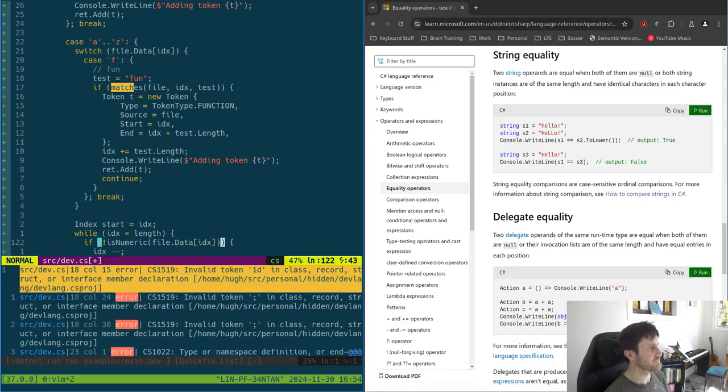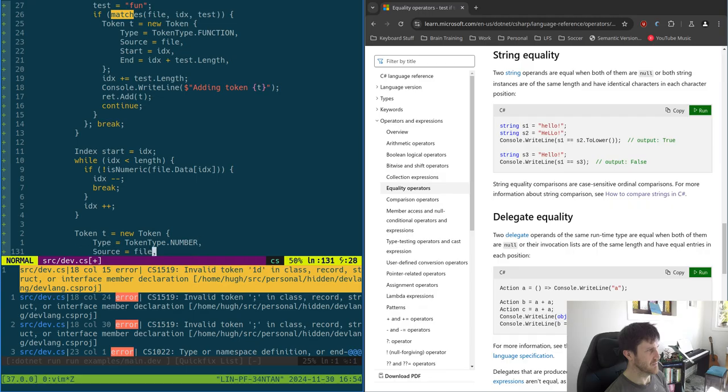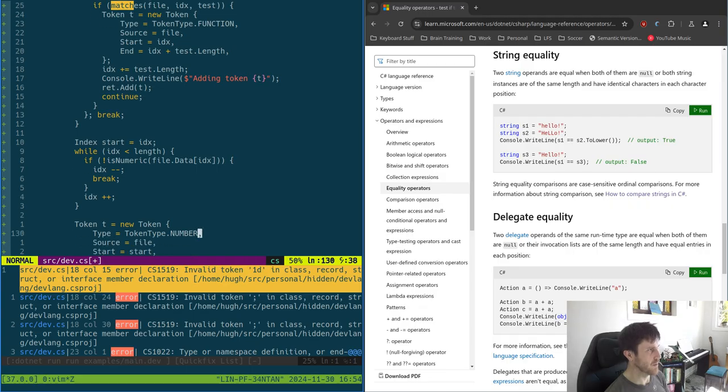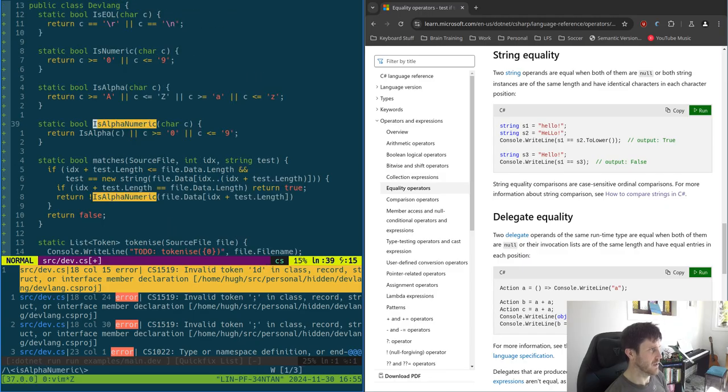Right. And here we do tamper with it. So we'll do this, and while it is not alphanumeric,